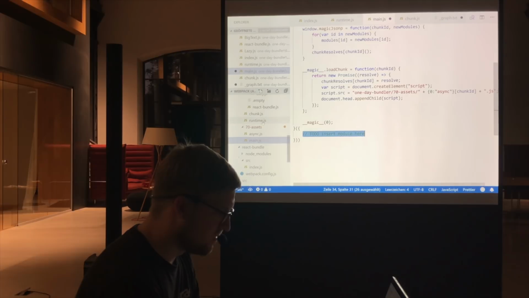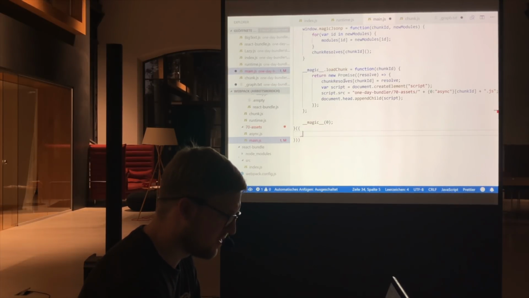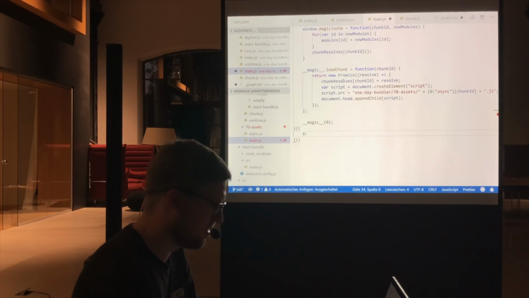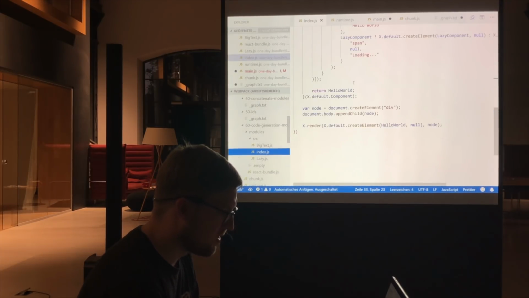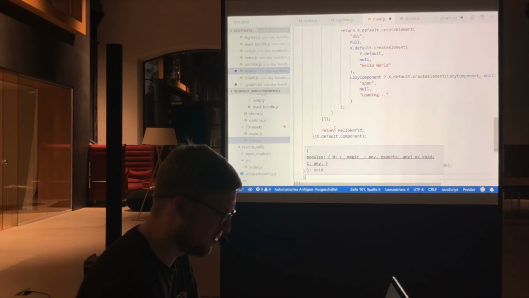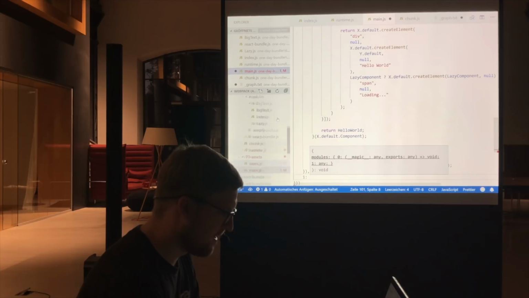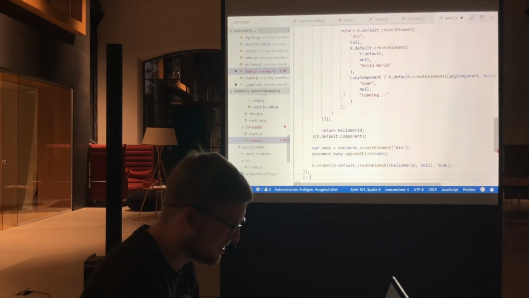So we copy the first one. The first one is the index.js with module ID 0, and 0 is the ID, and copy this one here. The next one is module ID 1, and it's the React bundle. Okay, copy this one.